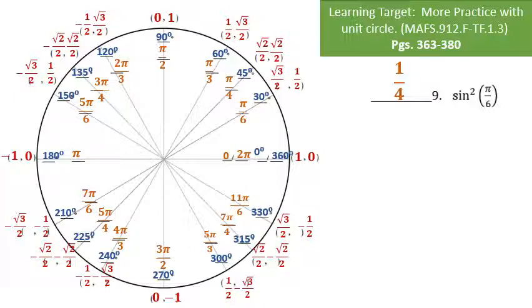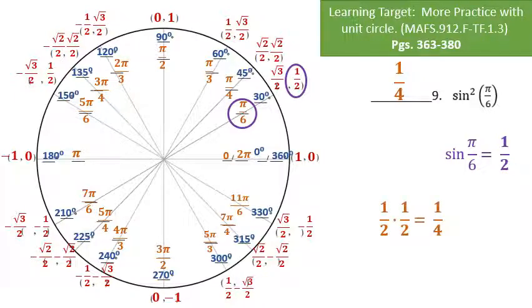So the question is sine squared of pi over 6. That sine squared is going to be kind of tricky. You might think, I don't know how to do that. You really do. Start first by just thinking, what is sine of pi over 6 by itself? Find pi over 6. There it is. What is sine? Sine's the y value. That's 1/2. So sine of pi over 6 is 1 over 2. To find sine squared, it's just sine times sine, or 1/2 times 1/2, and that's why the answer is